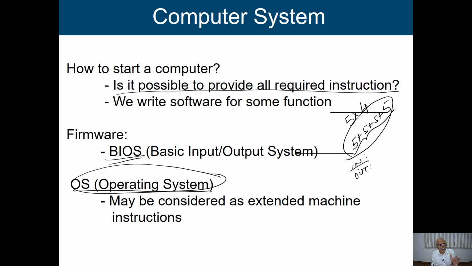So we can say that everything will be integrated in one place, and we said this is the part of my operating system. This is the way you can visualize it, and that's why I'm saying that the OS can be considered as an extended machine instruction. That means you are extending the machine instruction. Whatever instructions we have in the hardware, by combining these we are putting in more functions which are implemented in software, and we integrate all of them in our operating system, and it makes our life easier when we work with a computer.